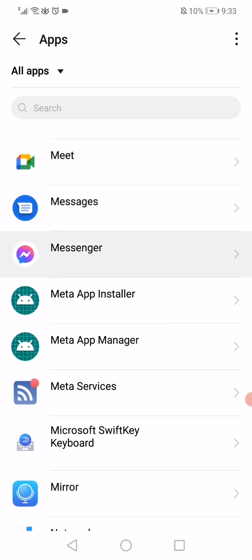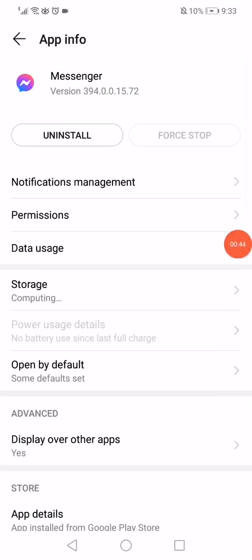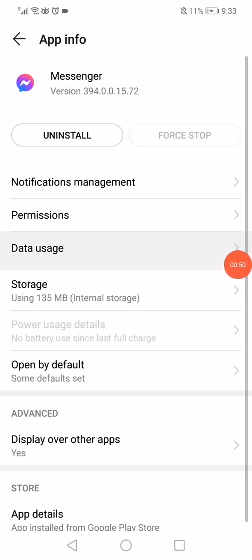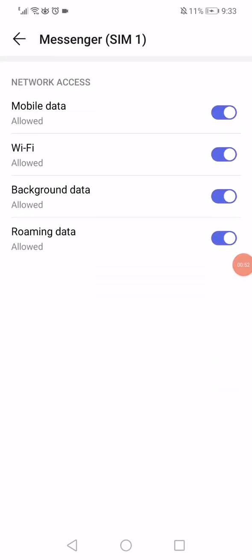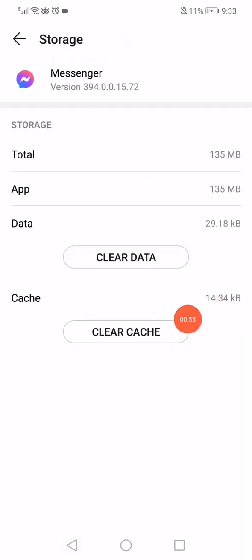Click on Facebook Messenger like this and then click on this force stop here. After that, click on the data usage here. Make sure that all these options are enabled and then go to the storage, click on clear cache,